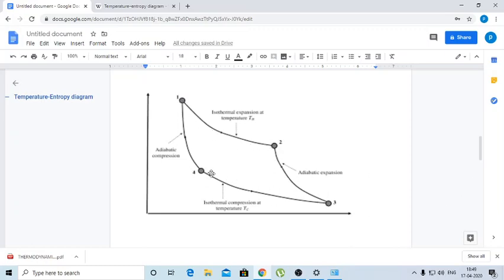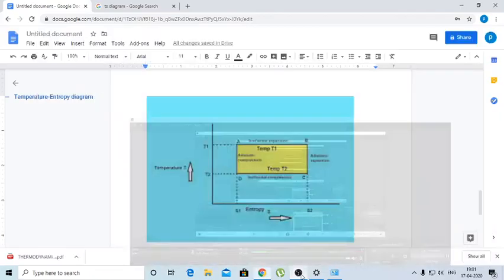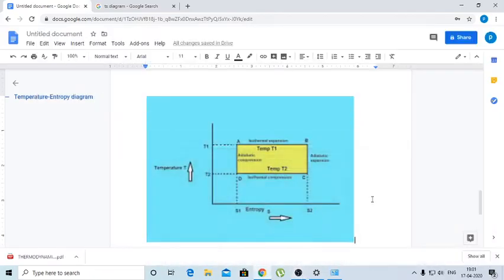Now we would like to discuss the change in entropy during this total reversible process. This is the isothermal process, and here this is the initial point and this is the final point of the isothermal process. We know that during adiabatic expansion or adiabatic compression, the change in entropy is zero. Now we go through the change in entropy with respect to temperature during the Carnot cycle.